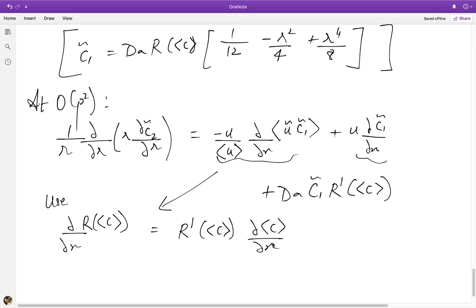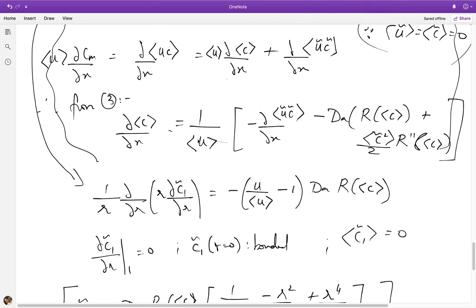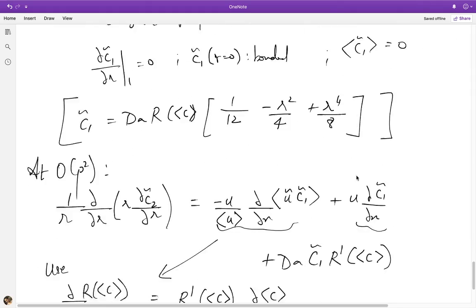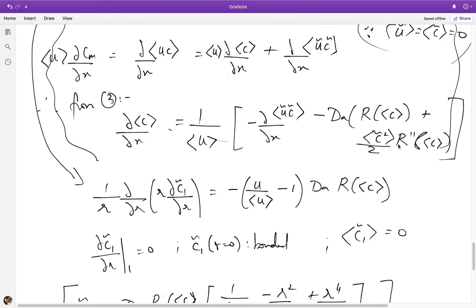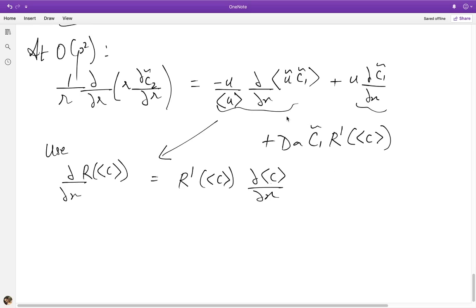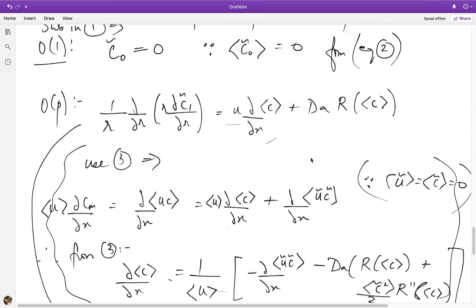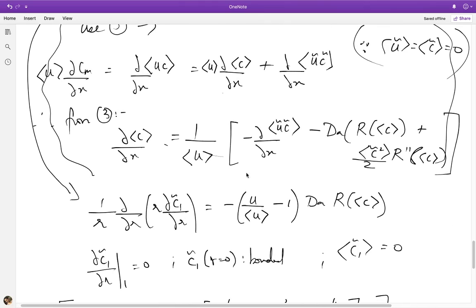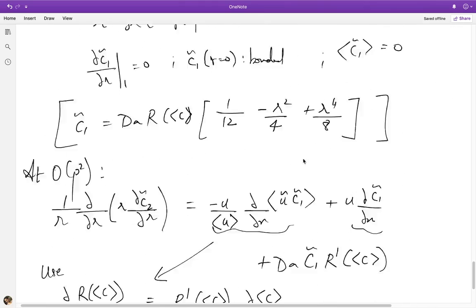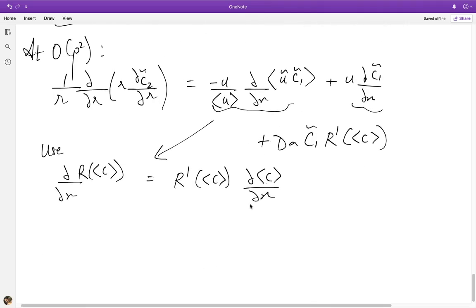times dc bar by dx. Right, and this d/dx of the cross section average in turn can be replaced by this. But since I am retaining only the leading order terms, I'll only retain the leading order contribution from here. So the c tilde and c tilde squared terms, if I substitute in here, those contributions will go to order Peclet cube, which I am not interested in. So the only leading order contribution for dc bar by dx is just coming from here. This is an order 1 term. These are both lower orders. So this will become